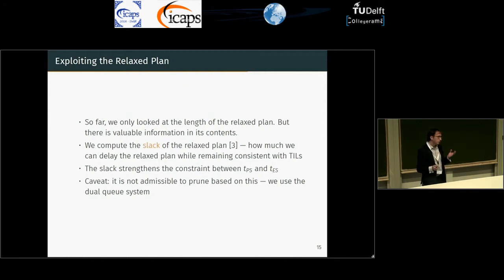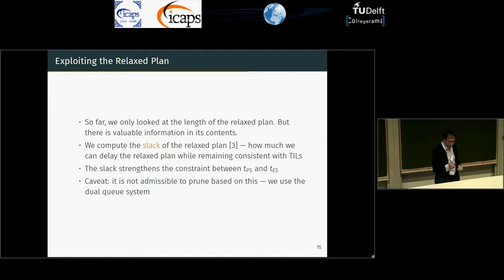So far, the only thing I've used from my heuristic is the number of actions to reach the goal. But if I actually look at the actions in the heuristic, I can get a bit more insight. We're using a relaxed planning graph heuristic. If we look at the actions in the relaxed plan, we can say, well, these actions in the relaxed plan have deadlines on when we could apply them. And it's reasonable to suspect that the relaxed plan is indicative of how we would actually reach the goal. So we can estimate some further deadlines on our solution space by looking at the actions in the relaxed plan. Again, this isn't admissible. We can't do hard pruning on this, but we can at least use it in our priority open list. So our on-time states, we can say it's on time even if we include the extra actions